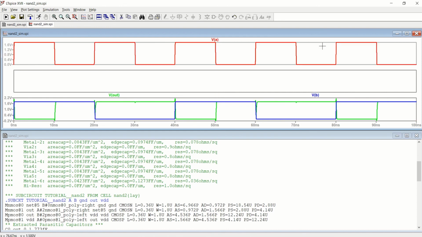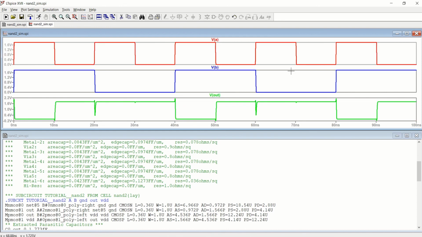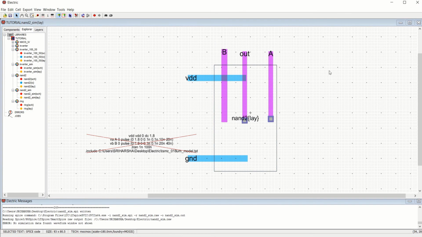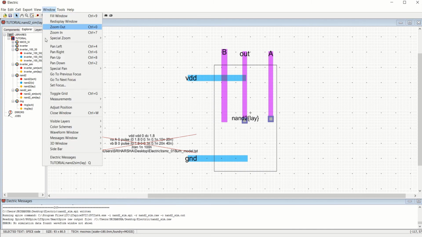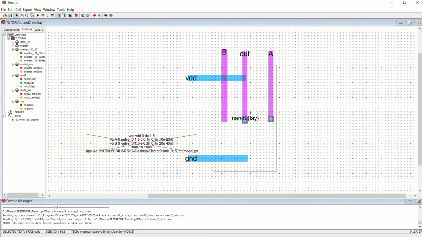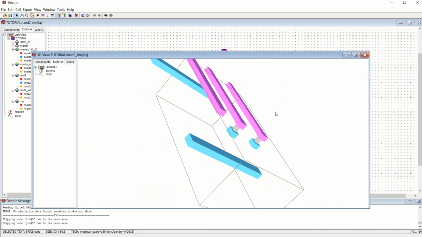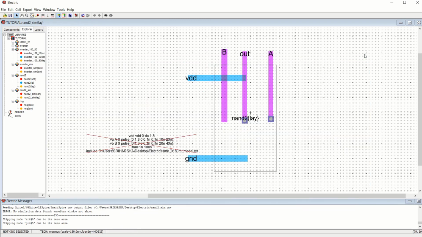Next move this onto the A, just push them. By selecting you can see the logic. For 1 1 it will be 0, for 1 0 it will be 1, and for 0 0 it will be 1. So like that the logic is working as a NAND gate. So this is regarding how you design the NAND gate. You can view the 3D view also. Finally for the design it shows how it is routed on top.